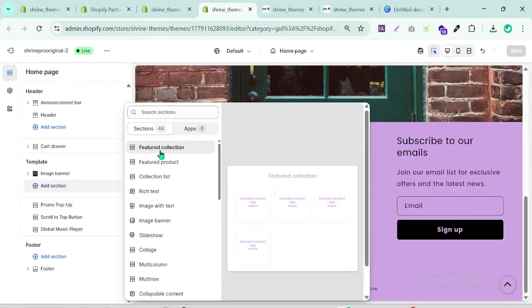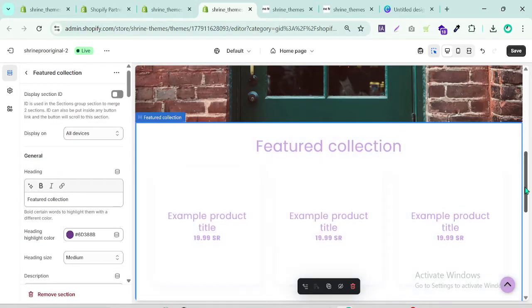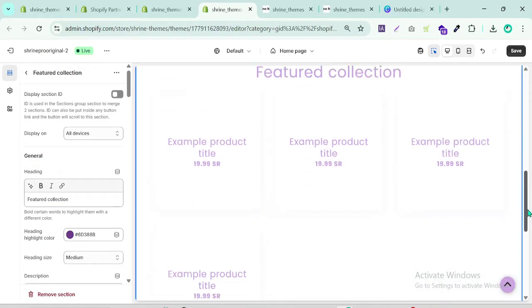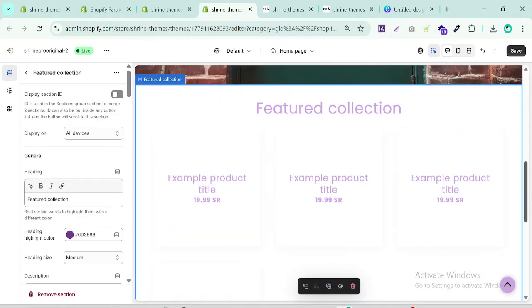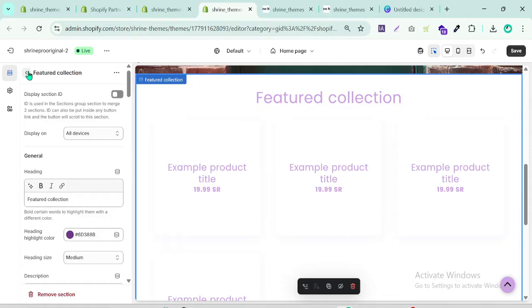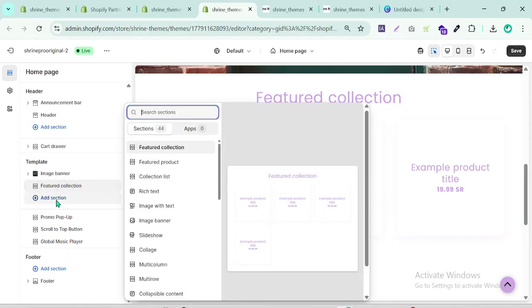So first let's check feature collection. If we need a feature collection or product, we go to the feature collection. It is default, because we haven't created the feature collection, so that's why it is like this. We will keep this section like this. Then we click another section, add section. We need